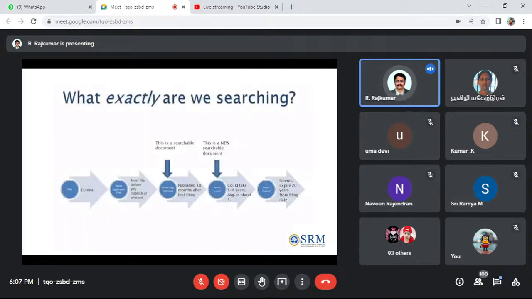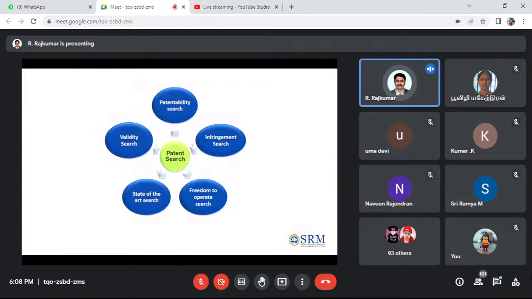First of all, what exactly is patent searching? If you have a good idea, you post it in the patent search, and it will be processed multiple times in multiple languages, because many patents are filed by Chinese, Japanese and Russian people. It will be cross-checked with all the data available on the internet as well as in the patent offices, and finally it will give the results: no such invention exists so far in the world. After getting the results, you can go for the patent application. So patent search is actually for the validity search.